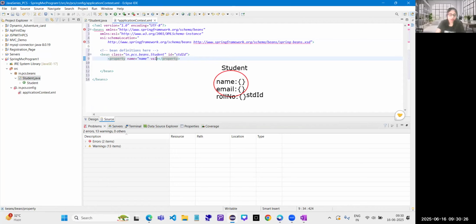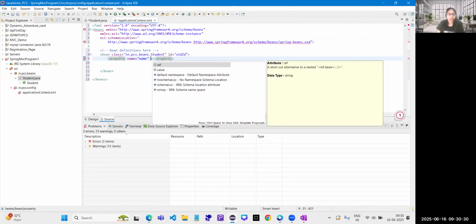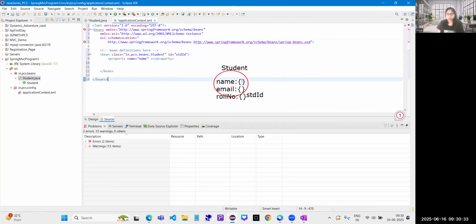And I want to give some values also. So right now we create a property name, and the property is empty. I have not given any value. But if I want to give some value,